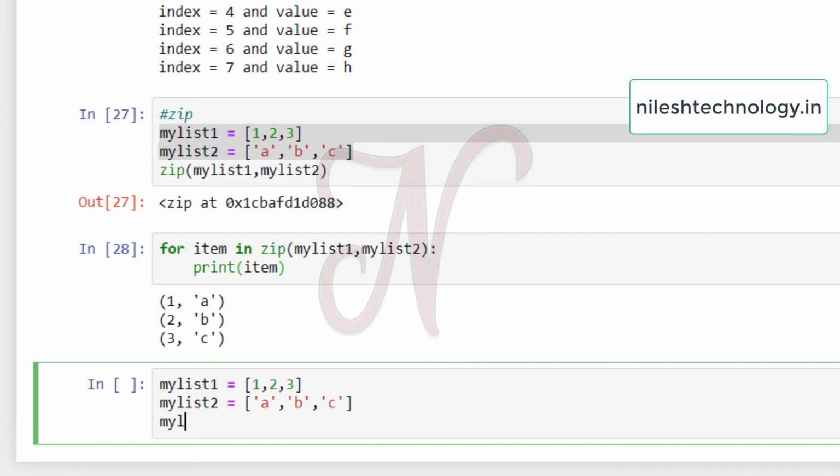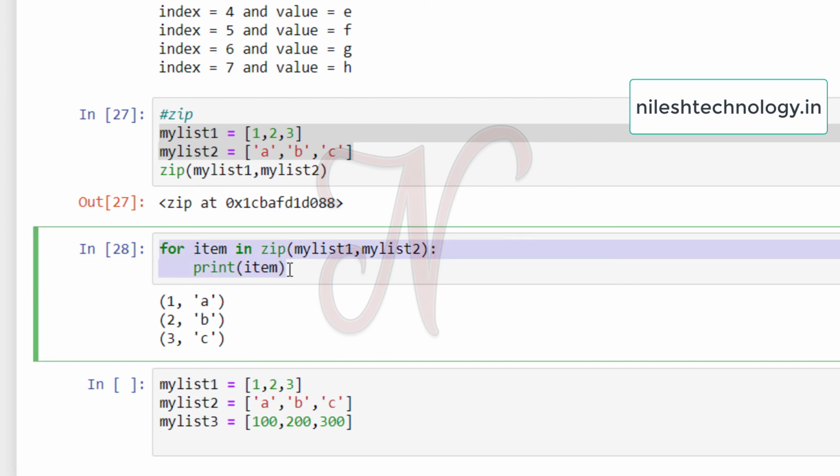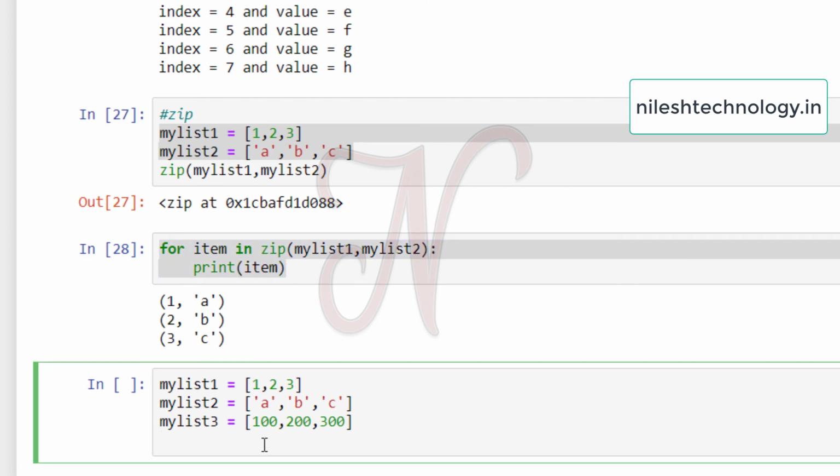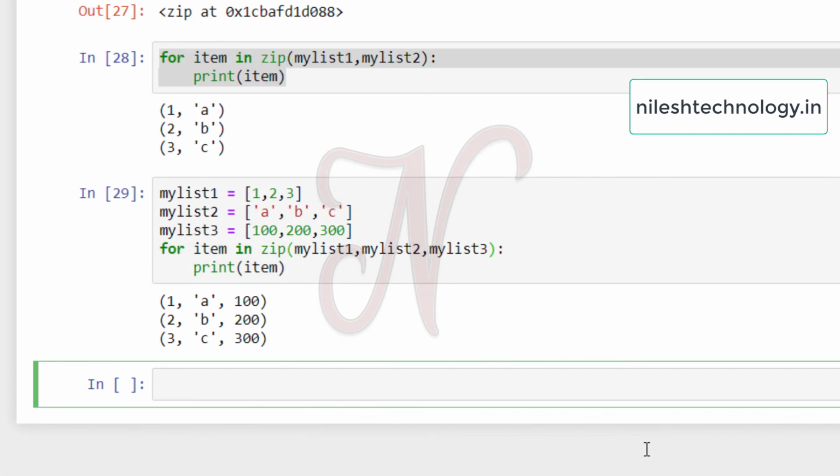Third list is my list 3 equal to, okay, 100, 200, 300. Then by using for loop, copy paste this for loop and here pass the third list my list 3. Okay, so my output is that 1A 100, 2B 200, 3C 300. Okay, so three lists are zipped together.